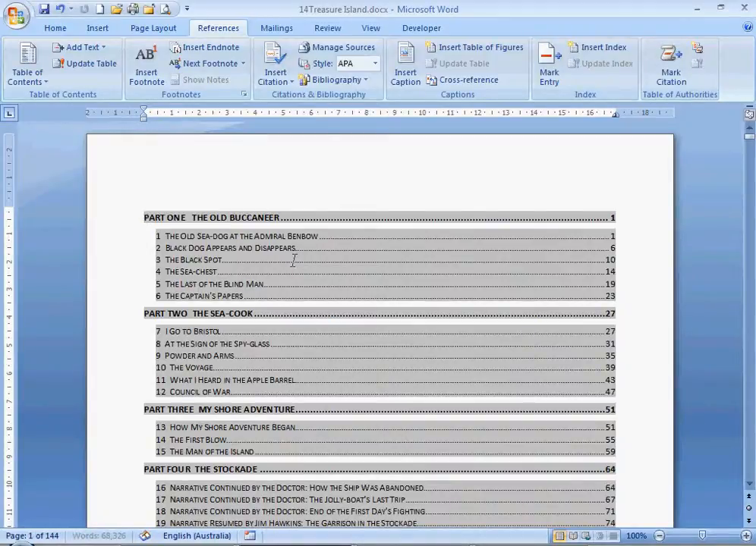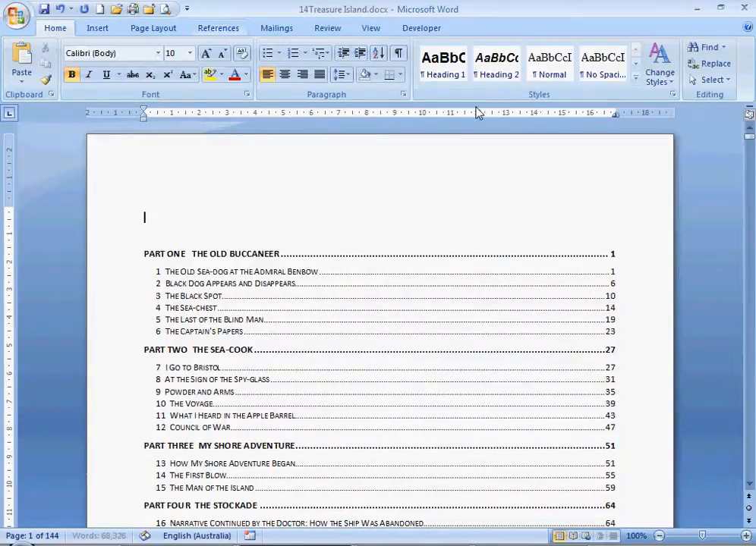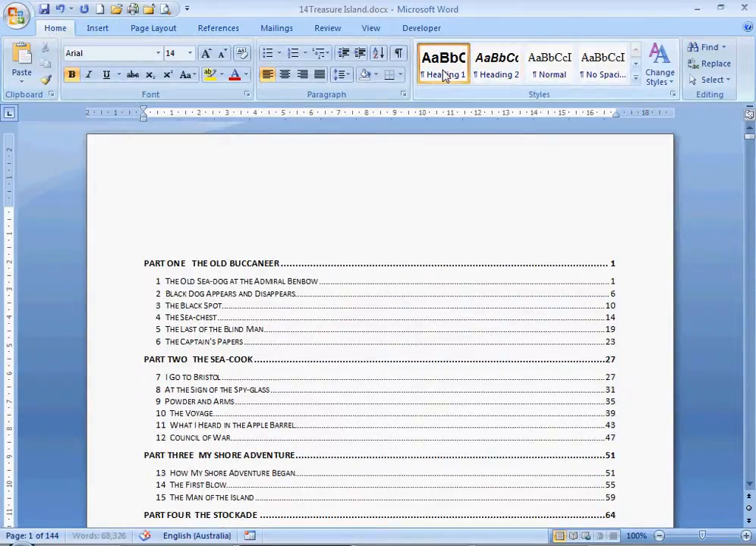I'm going to press enter a couple of times and up arrow a couple of times so that I'm above that part of the document, and if I put on a heading 1 now and try to type in table of contents,